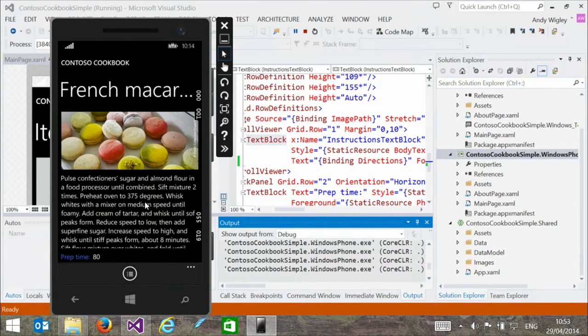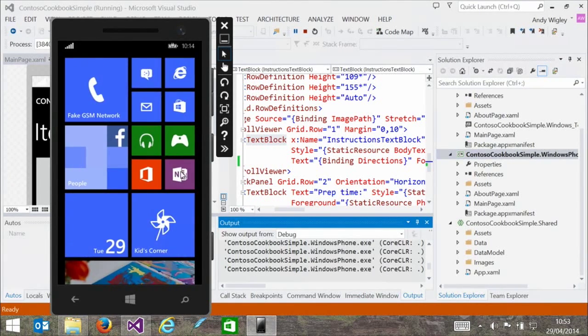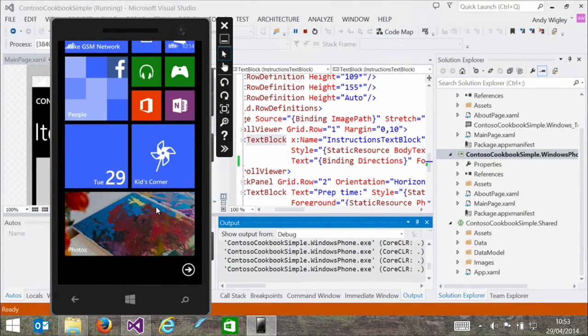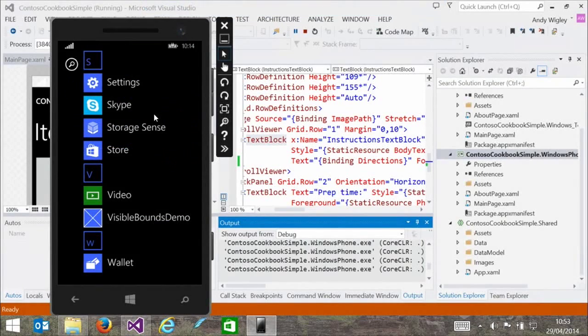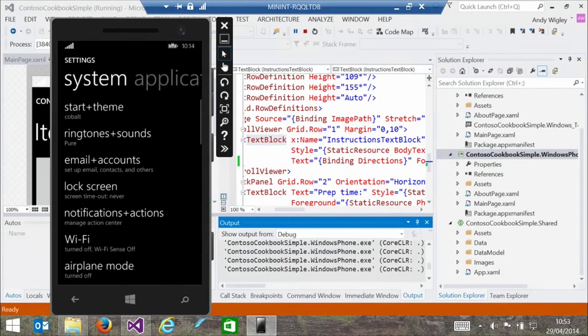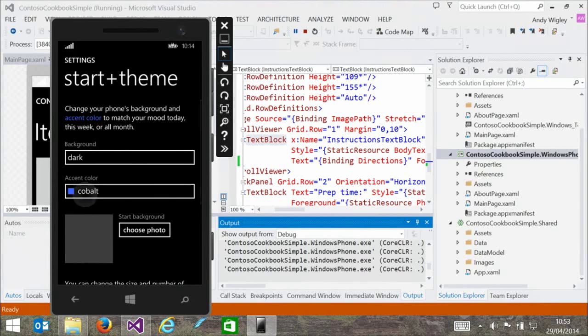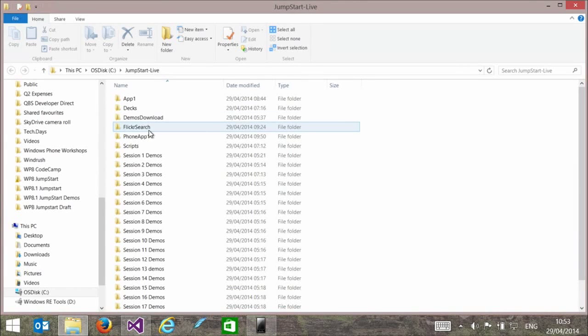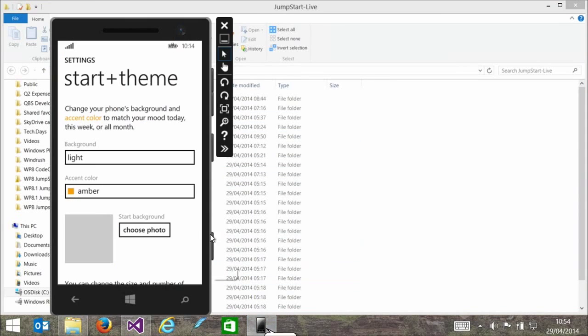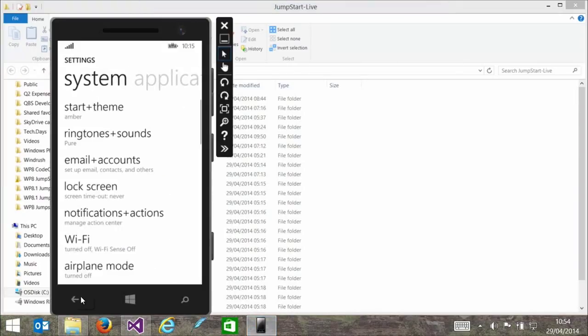But then the user says, "Oh, do you know what? I want to go to settings." So we go down here to settings and say, "I really don't like this. I want to change my colors and that sort of thing." So we're going to go to a nice orange and set the light theme. That's all very nice. And now, oops, come back, thank you. And we go back. Oh, that doesn't work. That's weird. And then we go back to our app.